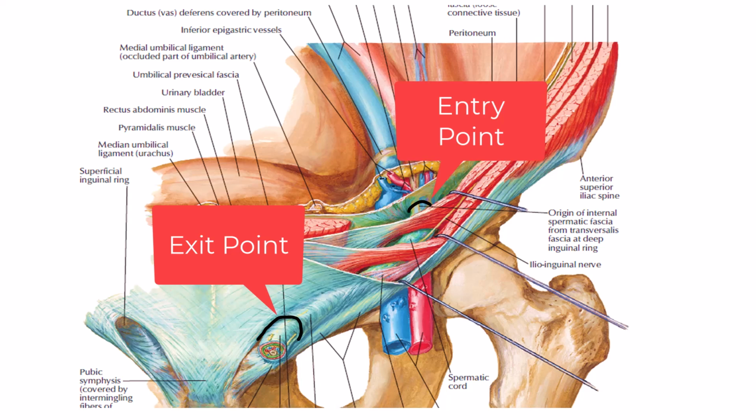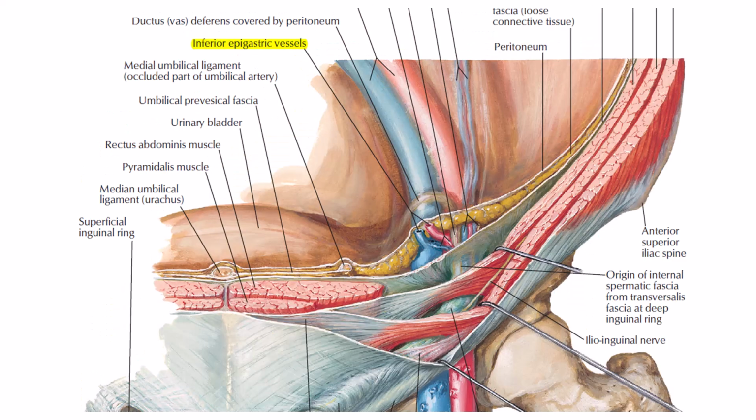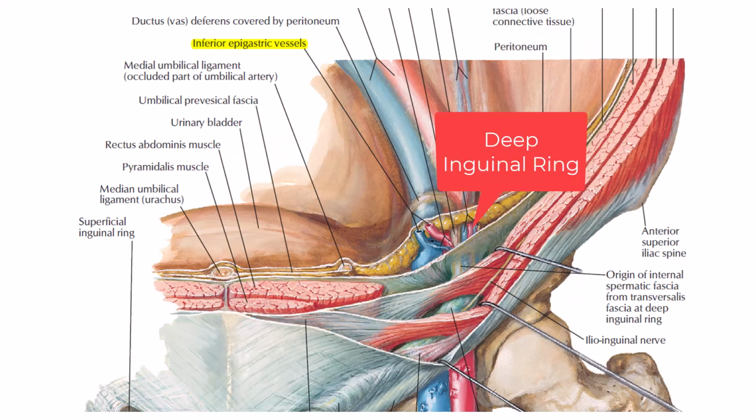We covered that there was a difference of inguinal canal length in male and female. Similarly, there is also a difference in both these two rings, the deep and superficial inguinal ring. They're different in location, and they're different in shape. We will first cover the deep ring, and then the superficial inguinal ring. So the deep ring is an entrance to this canal.